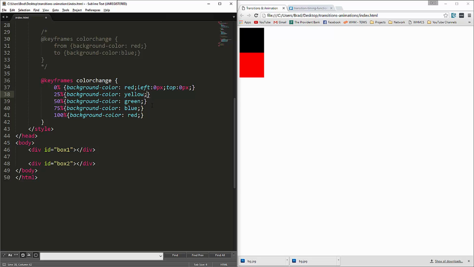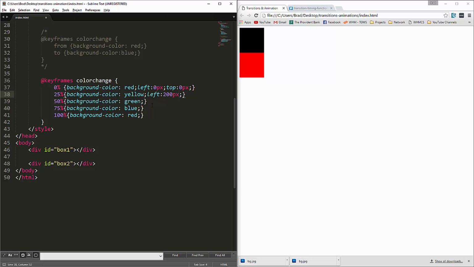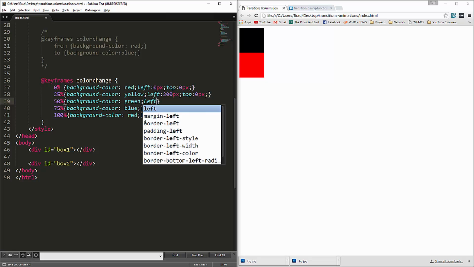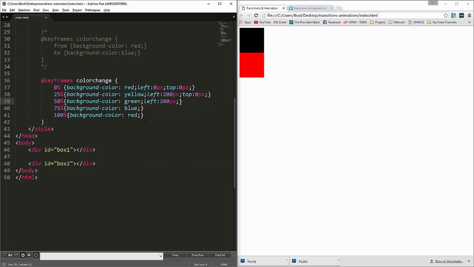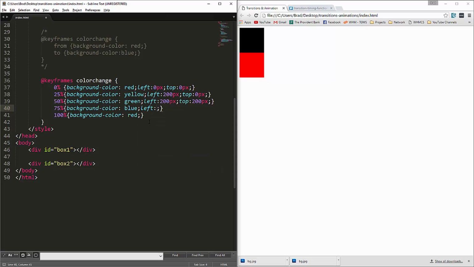And then at 25%, we want it to be at left 200 pixels, top 0 pixels. So we just want to move it over to the right. And then let's say left 200 pixels and top 200 pixels, because we now want it to move down. And then let's see, here we'll say left, this will be 200 pixels, and top,